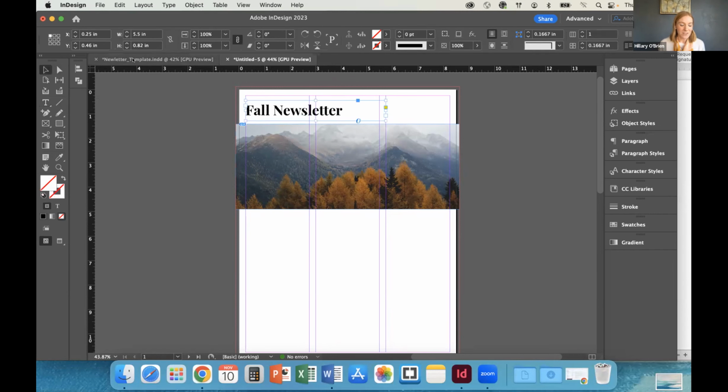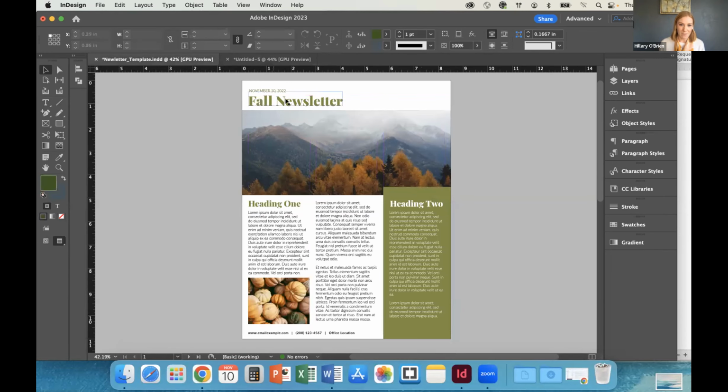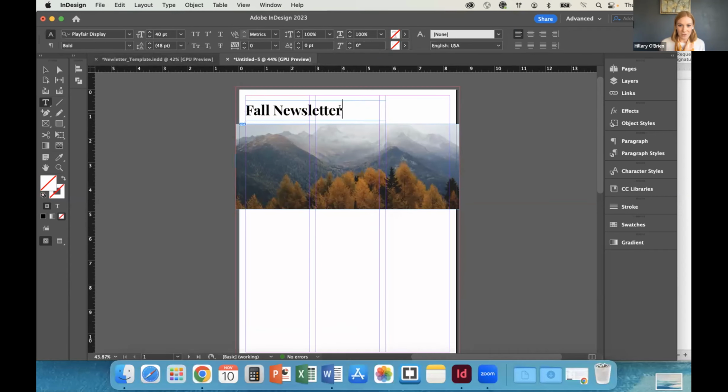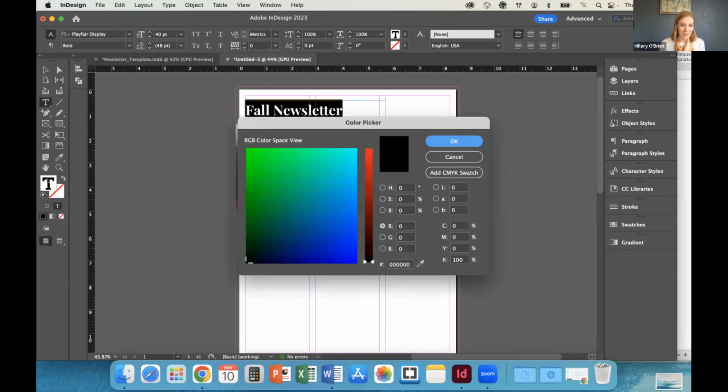And if we just navigate back to our template, I have this nice kind of green color that I really like. I thought it was kind of a nice fall vibe. So I will show you how to change that color. So we want to make sure that our text is highlighted. And there's a couple of different ways to change color. If you go over here to this T icon and you click on that, you'll see this kind of color picker show up, which is really fun. You can just kind of click and drag